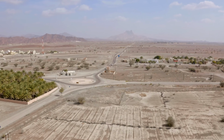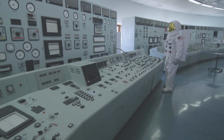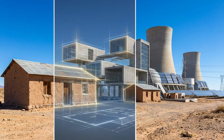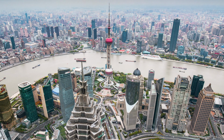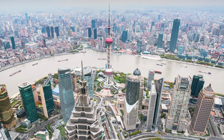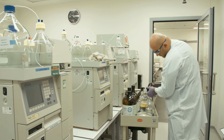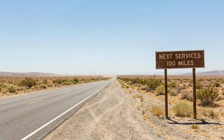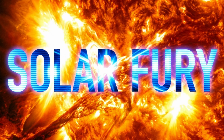That is why the reactor in the desert is important. It is not the final product. It is the test bed. The question is whether the lessons learned from this tiny machine can be transferred into something large enough to matter. And there is one enormous advantage China has in this particular experiment. It has spent years building the research program instead of trying to invent everything at once. But even that does not guarantee success, because molten salt has a problem of its own, the problem that could